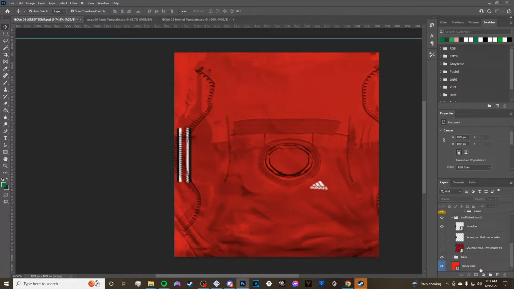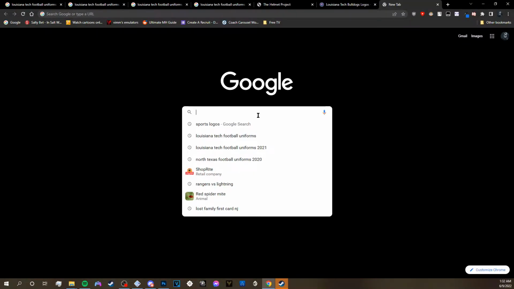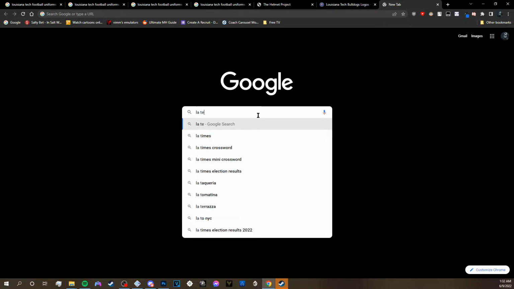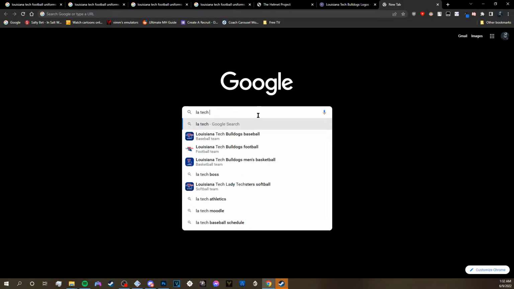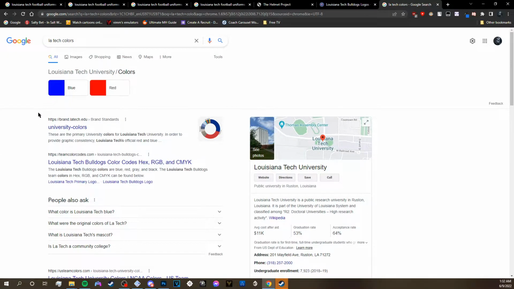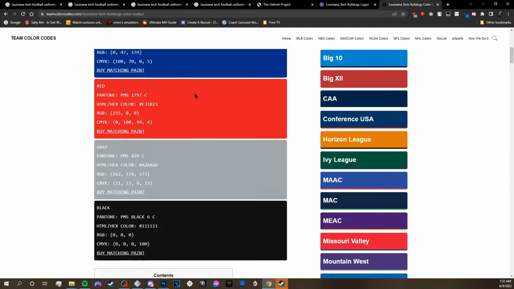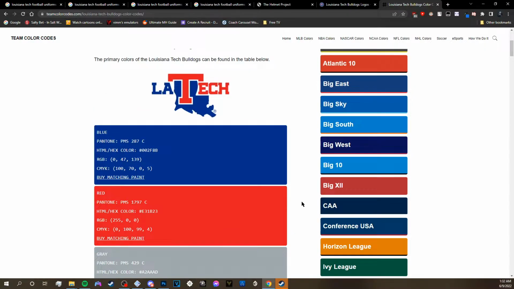So what you can do here is you can go to jersey color, and if you're trying to make it consistent, I'm going to go to my other screen here. If you're trying to make it consistent, you can always just go and look up their colors. Maybe they have a different variation. You go to team. I like to go to team color codes. They are the most consistent. Blue and red. Nothing too easy. Nothing too hard here. What I like to do is I like to get the hex